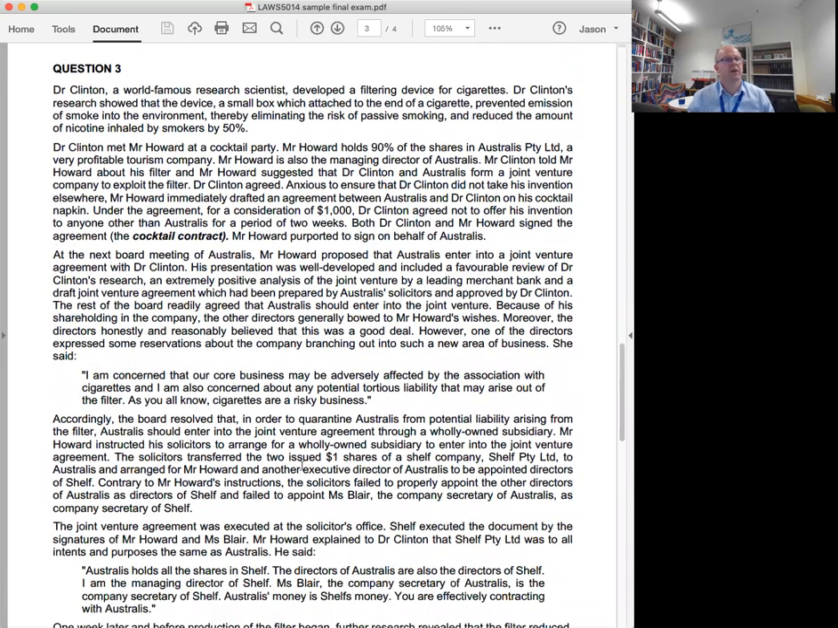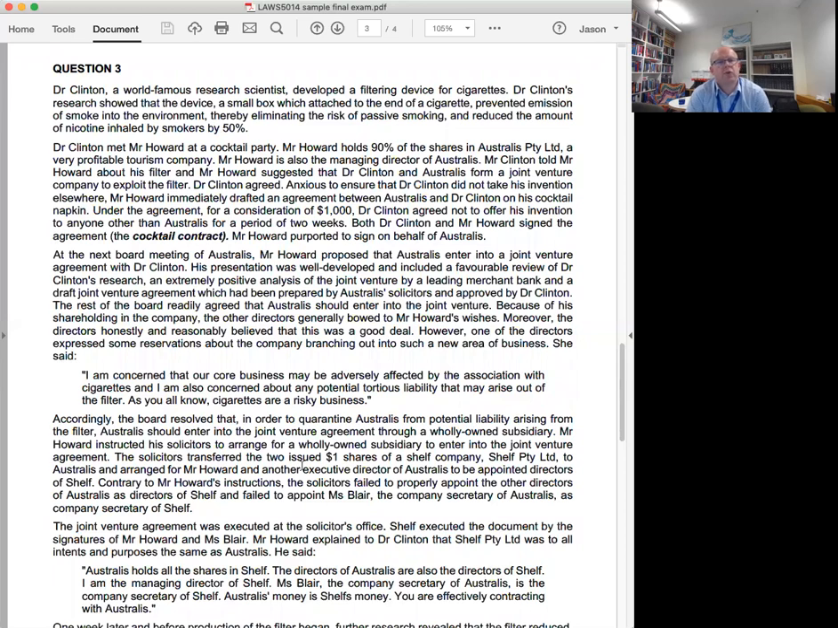Okay. All right, so let's go back and work our way through the question. Okay, so Dr. Clinton has some invention that he's developing. And it's going to offer benefits to smokers. Dr. Clinton meets Mr. Howard at a party. Howard controls Australis tourism company. Howard's managing director of Australis as well. They talk about the invention, decision that Australis and Dr. Clinton form a joint venture,